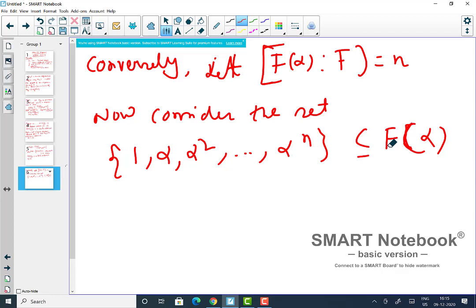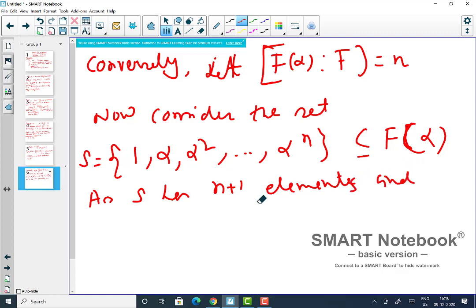Now you see that this set has n plus 1 elements, which is bigger than the degree of the extension, so it is linearly dependent, right? Because if you have a vector space of dimension n, you cannot have more than n linearly independent vectors. So S must be linearly dependent